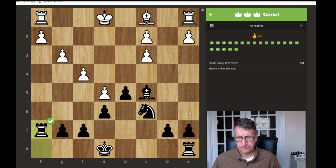All right, so a recap here, how to improve your pattern recognition in chess. Well, I would say do as many chess puzzles as you can, but the difference is if you just do a whole bunch of puzzles and don't repeat them, or it might be a month or months before you see the same problem again, you're probably going to completely forget that problem, maybe even that pattern or that tactic. So the difference is to go ahead and get a set of problems. You could start with something small like these 20. Do them